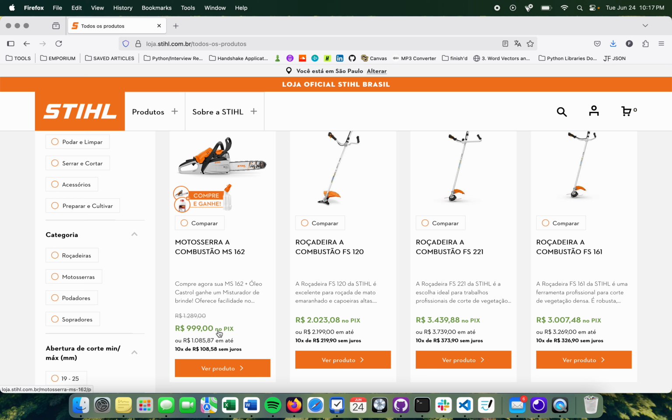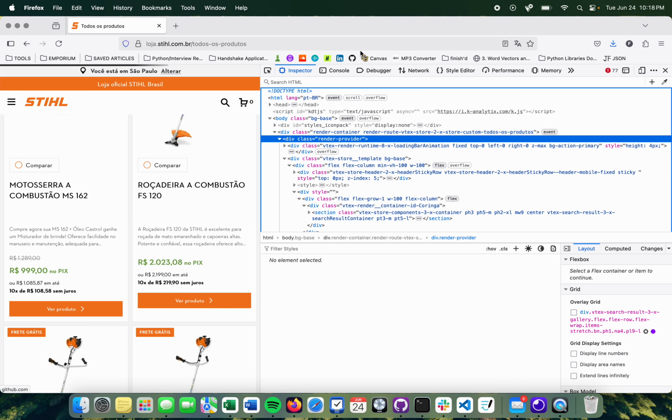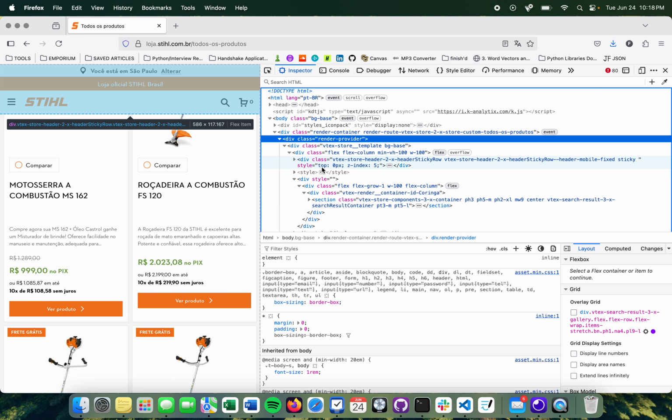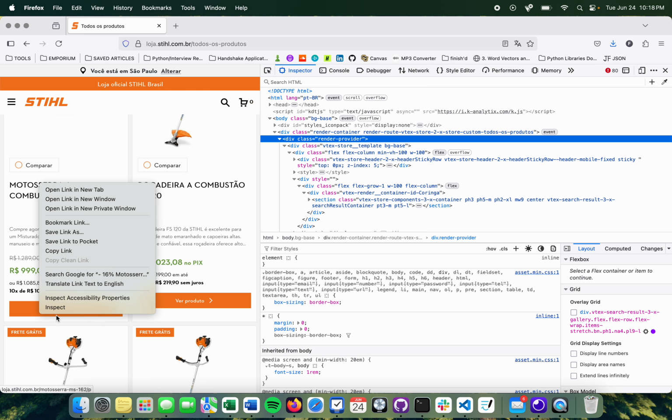So normally I'll just go and click on something like this, like a title, and go to inspect. And normally the way we would go about it is I would use something like Beautiful Soup and Selenium to first get the website, render it, then go grab the HTML. So for example, if you go here, inspect,